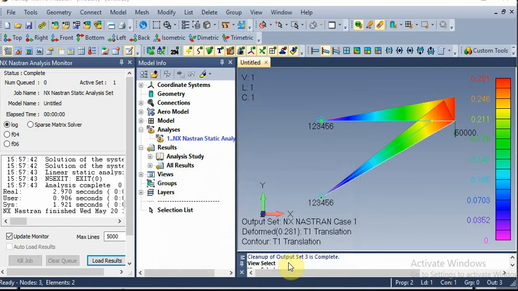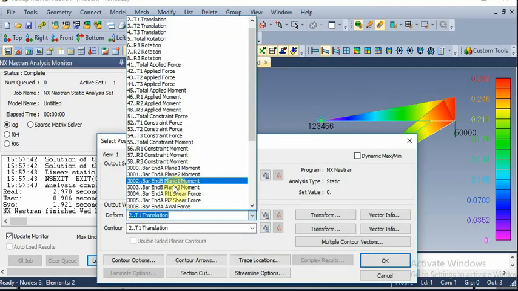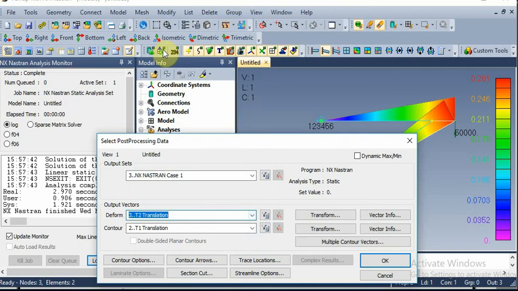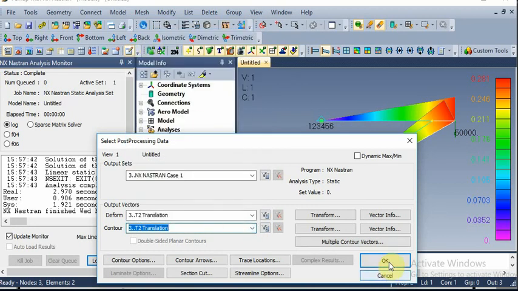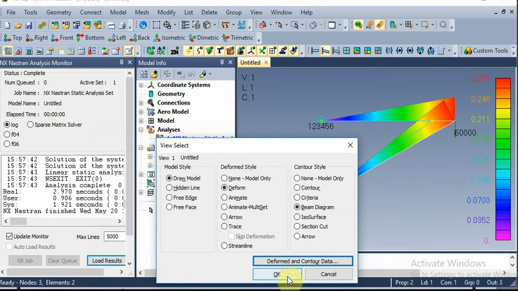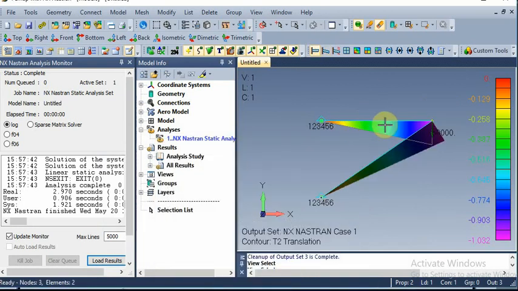Change the output vector for deform and contour to T2 translation. Click OK. So you'll get this contour for T2 translation.